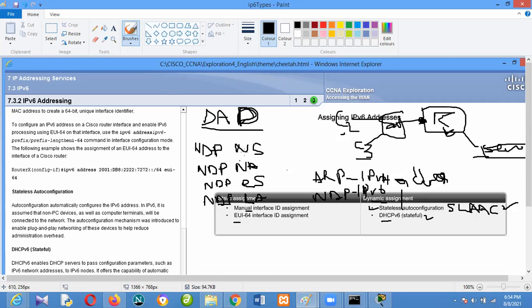NDP has NS, NA, and all of that, and more. Now, NDP NS is neighbor discovery protocol. N means neighbor, S means solicitation, A means advert, R means router. So NDP NS is a message with NDP requirements that is being sent to a host.